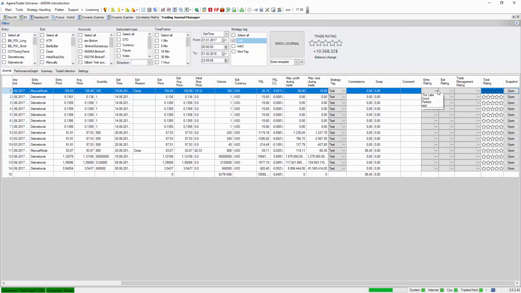The trade rating is basically something you can also name yourself. We have some pre-settings like too early, too late, good, perfect, for entry reasons, for exit reasons, and for the trade management we have some pre-settings. And once you assign some of these